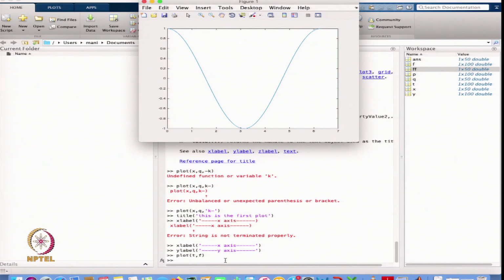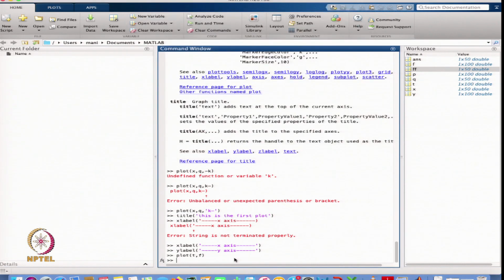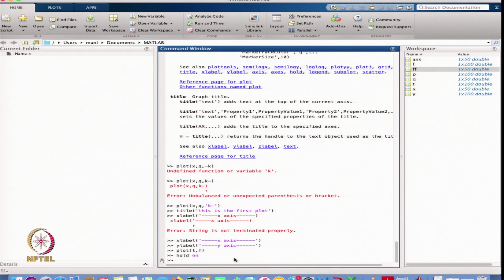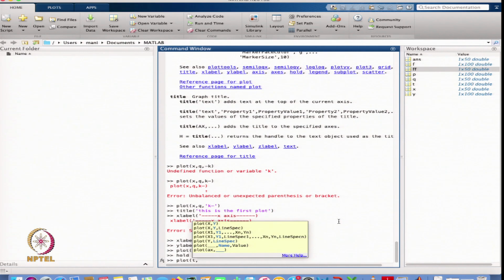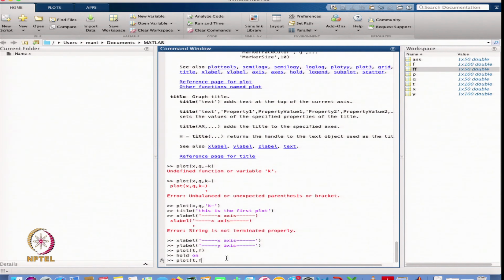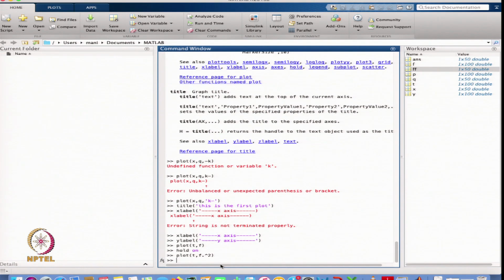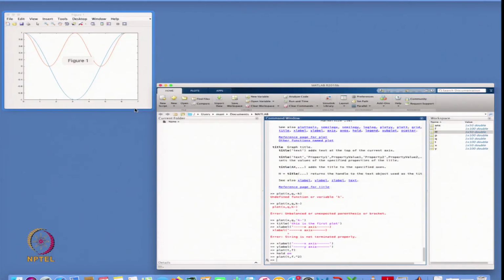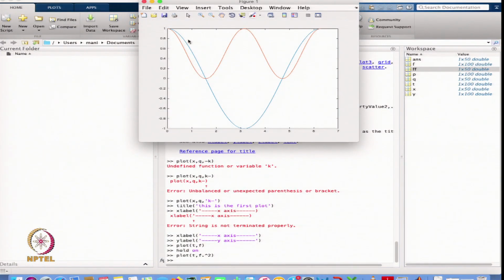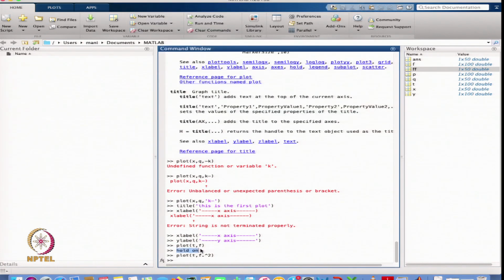But suppose I want to plot two plots on the same figure. Then, after I have done plot 1, I will put hold on. This is the hold on command, it will hold the previous plot. Now, suppose I take another plot, t with respect to f dot square. So, instead of f I am plotting the square on the same plot. You can see that it was the previous plot, and this is the new plot we have plotted on the same graph by the command called hold on.